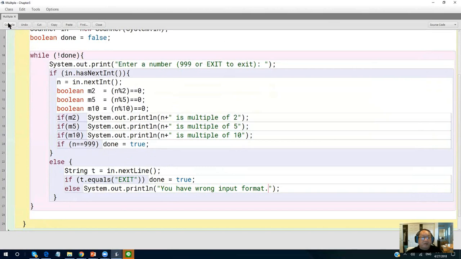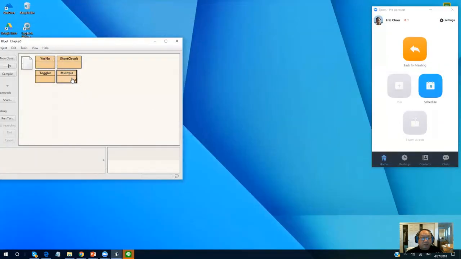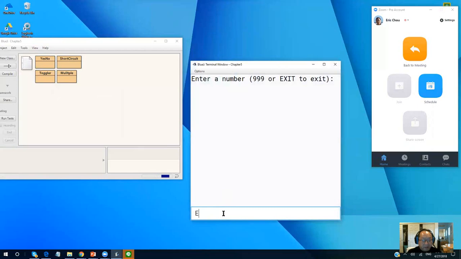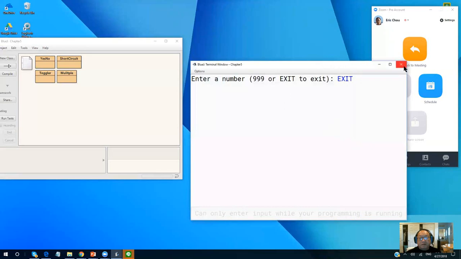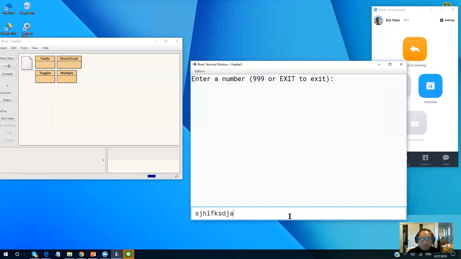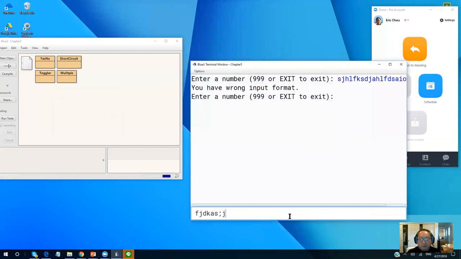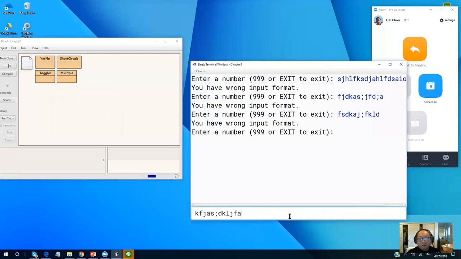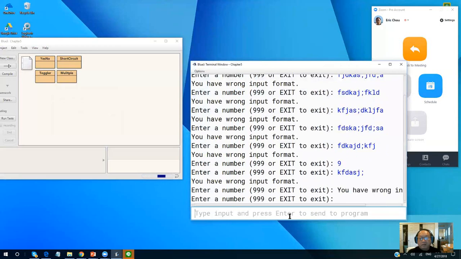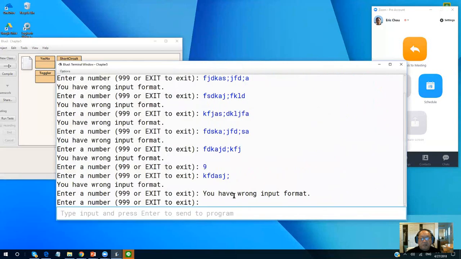Okay, so I'll actually add for a new one. Now actually let me run it one more time. So here, let me try the first one. I just type exit, right? It gets out, right? The program stops, it gets out. And then right now, let me run again. This time I type some arbitrary thing, right? Now I give it a number and then an arbitrary thing, right? So it actually has a wrong input type, and then I give it a number.